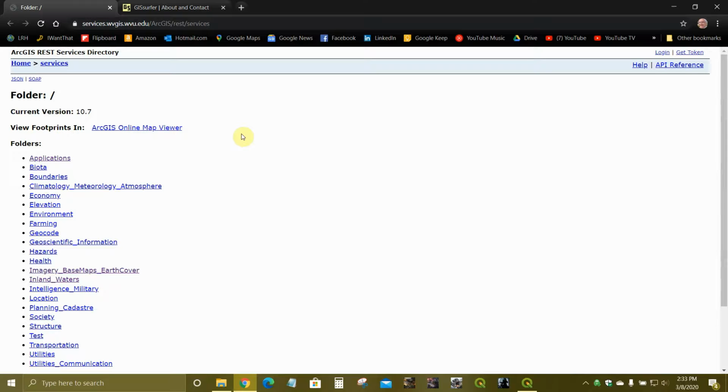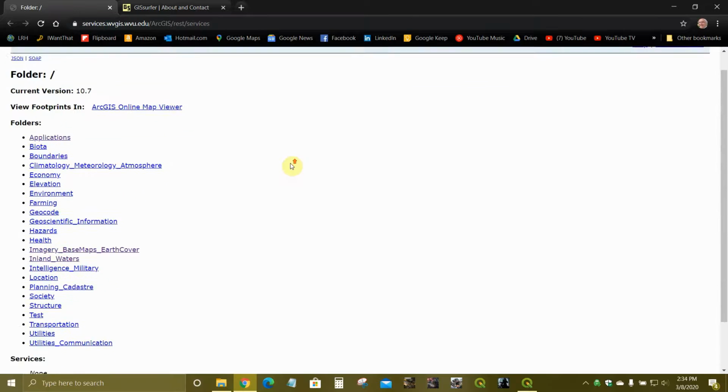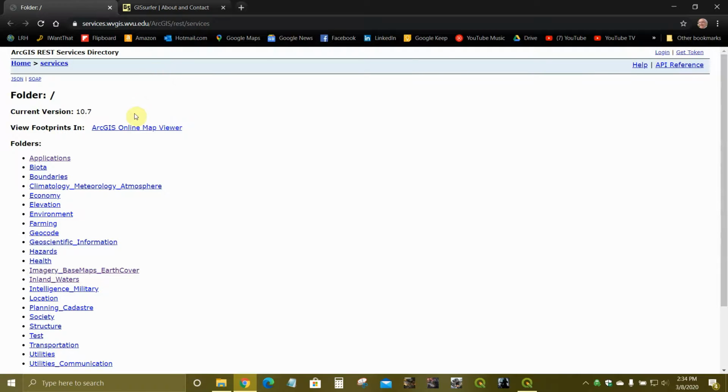And in this context, I wanted to start out by showing you what one of the ArcGIS REST services looks like in a web browser. And this is it. This is actually a REST service directory, and it's published by default by ArcGIS servers. And this one happens to be at WVU here in West Virginia. So what it allows is easy browsing, and it puts it into context of the internet, and it lets you find these services fairly easily,